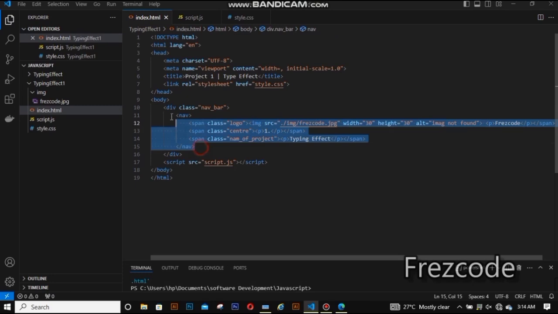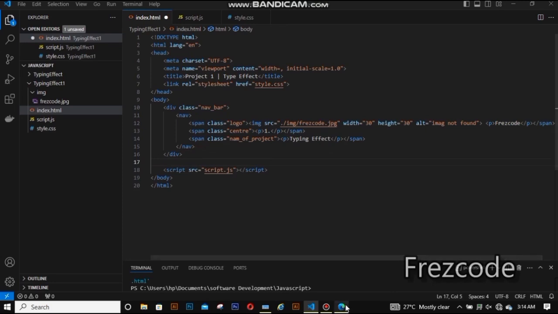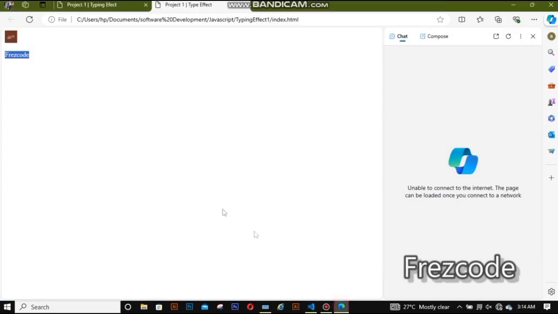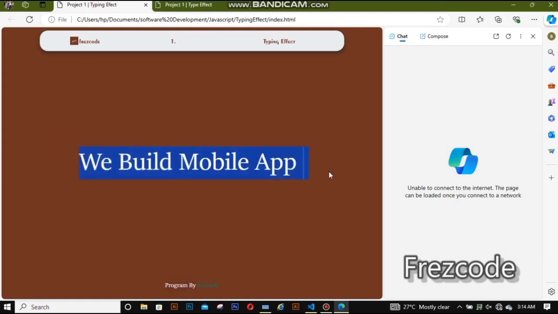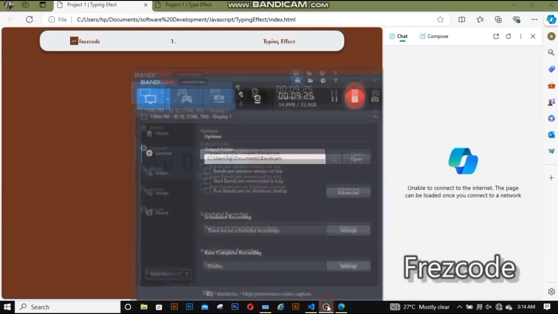So this is all concerning the navbar. Now the other section will be the middle section, and this is what we are talking about. Now we are going to write the HTML code for this. Now to do so,